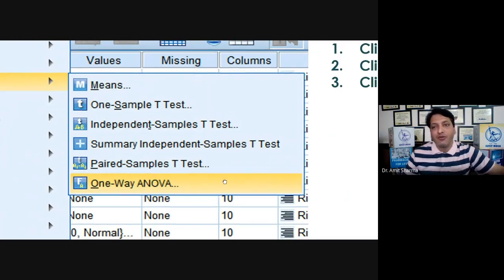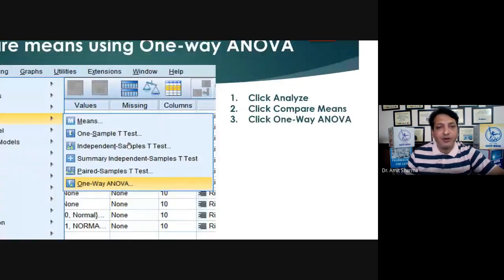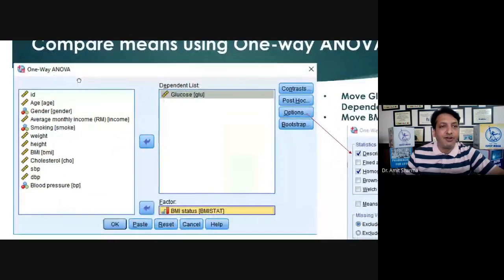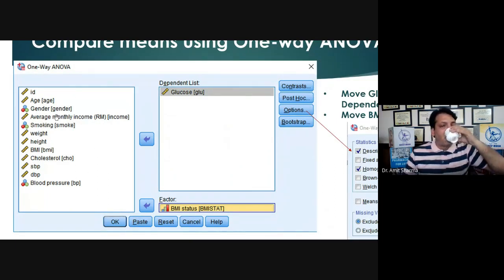If you click on One-Way ANOVA, these are the steps. We are going to get a main window of ANOVA. This is the main window of one-way ANOVA. It is written One-Way ANOVA, and on the left-hand side we will get all the variables which we have made for our study. And as I have shown you in the previous slides, you have to move the variable into the dependent list box and the factor box.